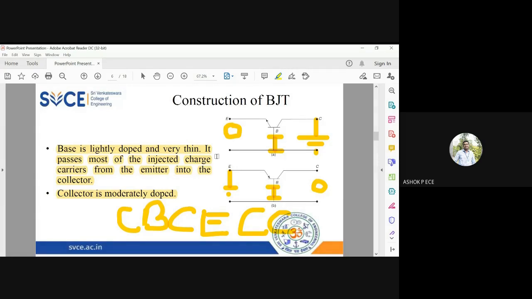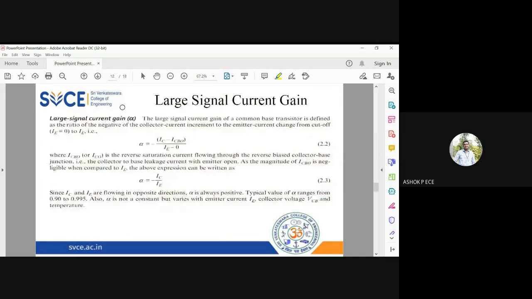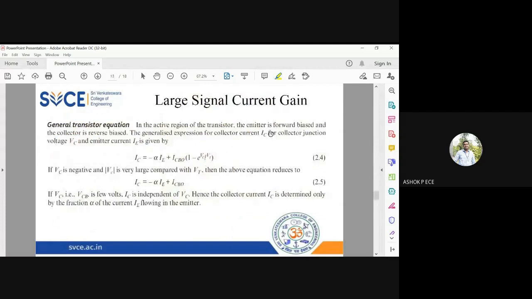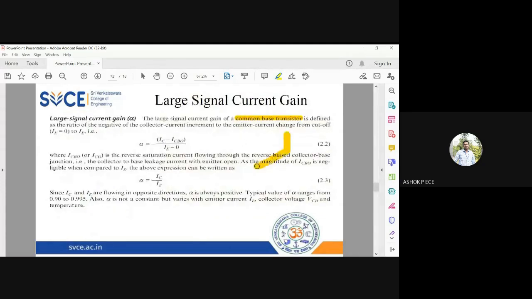Okay, look at this current gain; it is common base. Common base, I'll draw a common base here. This is the transistor, correct? This is the base. The arrow mark is on the emitter. The other one is the collector. In common base I'm going to ground my base. My base is grounded, so what is my input? My emitter is going to be my input and collector is going to be my output.